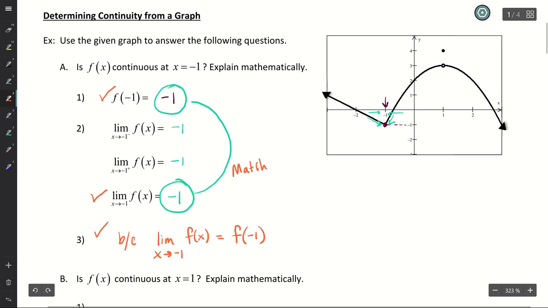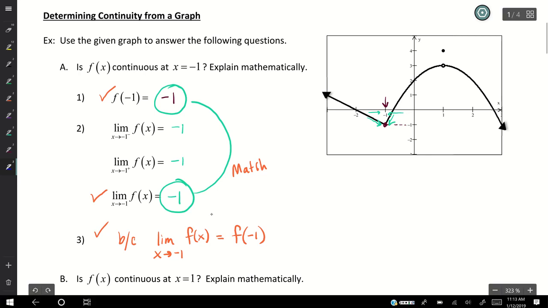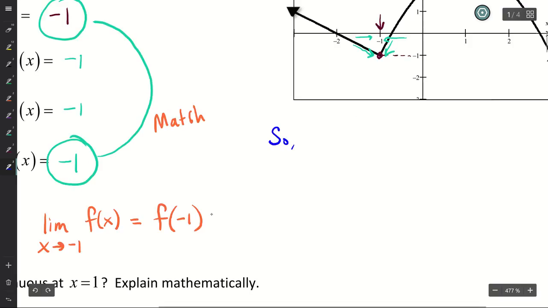All right, so make sure on questions like this that you answer the question at the end. The initial question was, is f of x continuous at x equals -1? Explain mathematically. So we've gone through and we've looked at each of the three pieces of the definition. And so on here we can say, yes, f of x is continuous at x equals -1 since